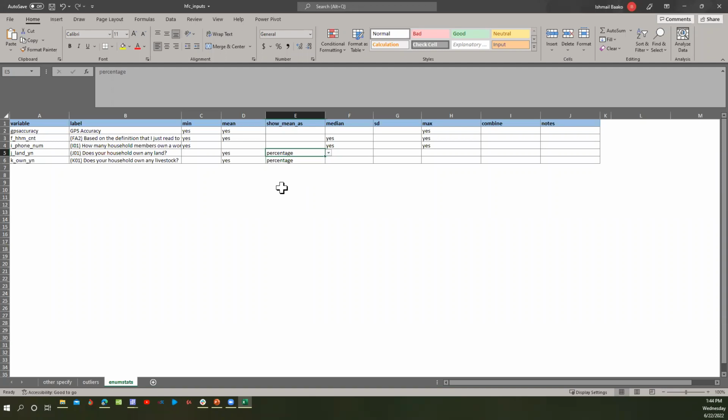So you want to see the percentage of time each enumerator says yes. You can include that as well, and you use this option, show mean as percentage, to let it show as a percentage. This obviously only works for dummy variables. If you use this for a variable that is not dummy, the results won't make any sense. So yeah, this is definitely useful for dummy variables.